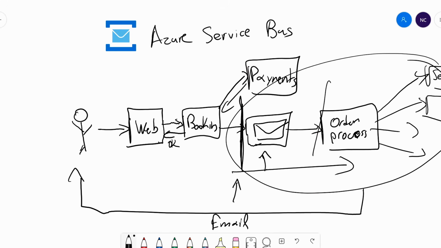If anything fails in the order processing, it will be retried from the queue, because the message will go back to the queue and then be republished. So as long as your calls are idempotent, you will not lose anything in the whole processing. And if it fails completely, it will end up in the dead letter queue. I'm going to explain what that is, but that's one of the features of Azure Service Bus.